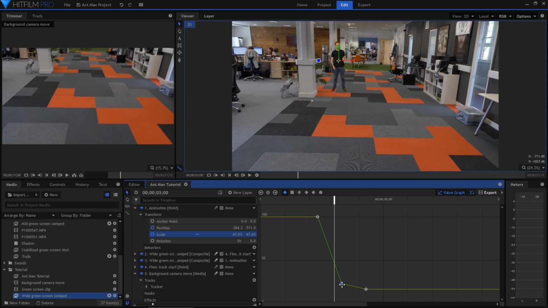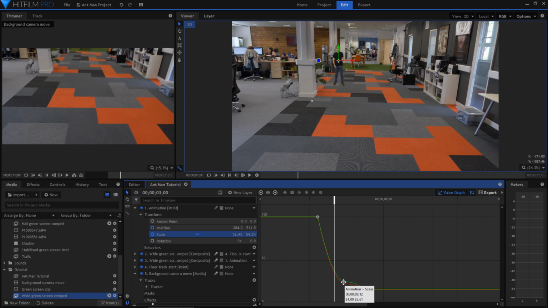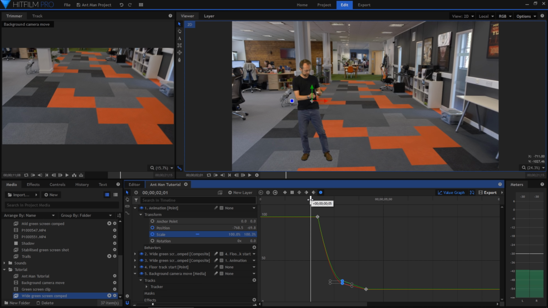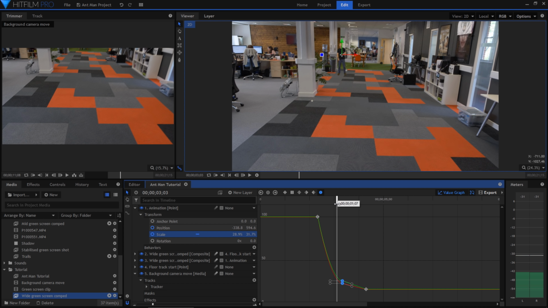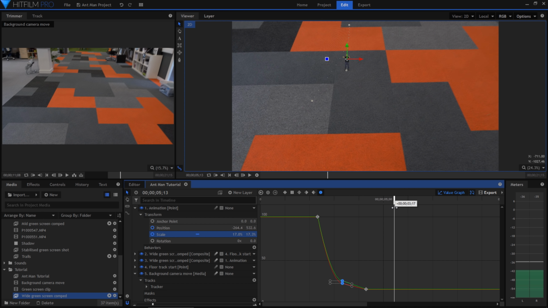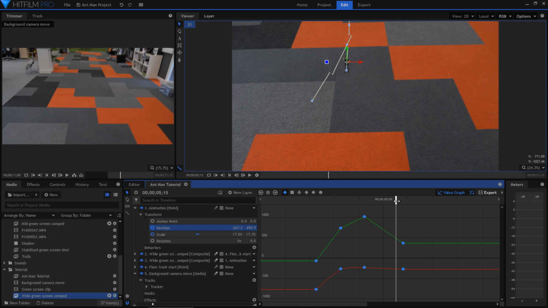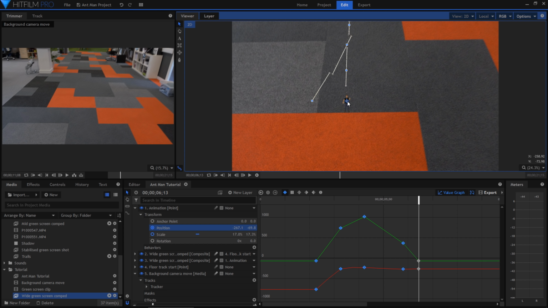Basically, a steeper line means that there's a more rapid change happening from one value to another. For this shot, I wanted the initial shrinking over the first second or two to be very rapid, so I was able to adjust the graph to have a sharp, steep curve at the beginning, which then slows down and stabilizes out somewhat. If this is your first time using the value graph, it's well worth taking the time to get more familiar with it, as it will make a huge difference to making more natural animations and will come in handy in all kinds of ways. It's one of those features that you might not even have realized was actually there, so do remember it from